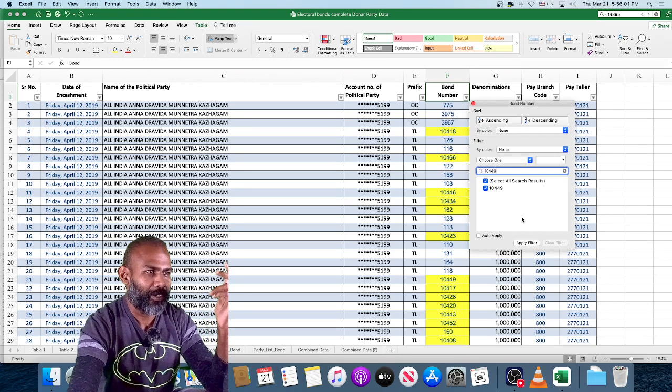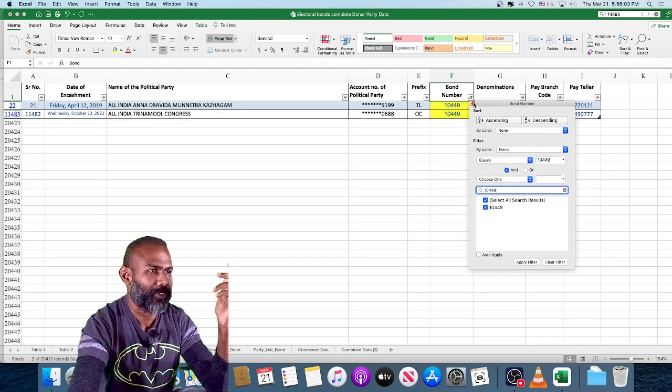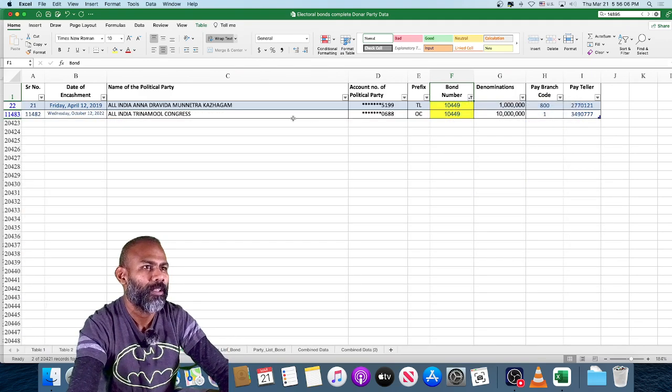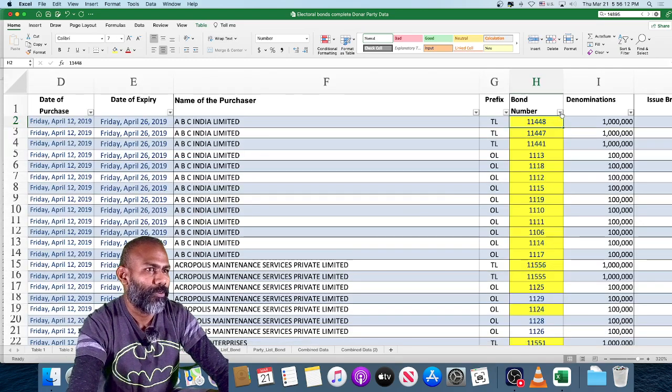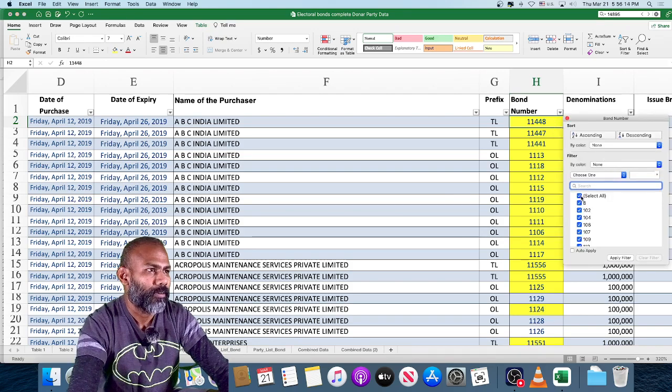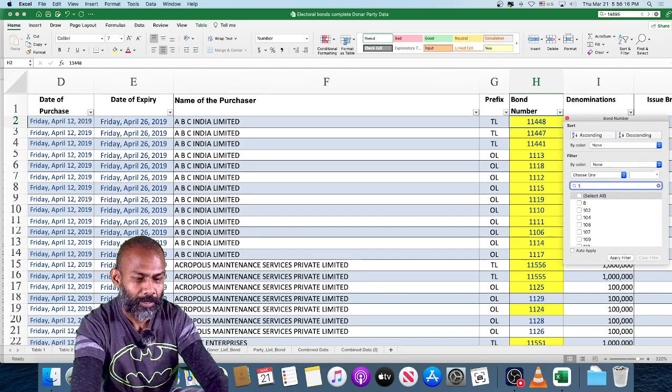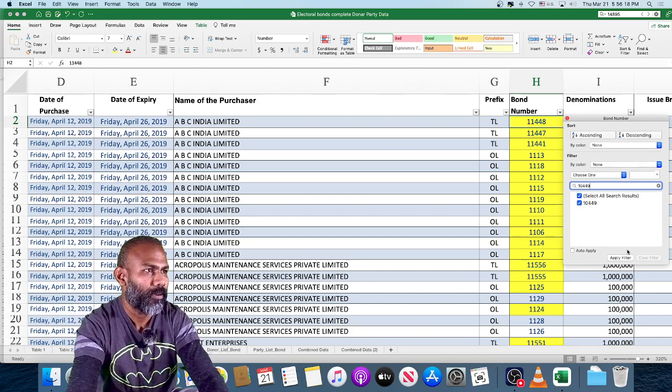So there are two entries. So that's where it's confusing. See, 10449, All India ADMK,